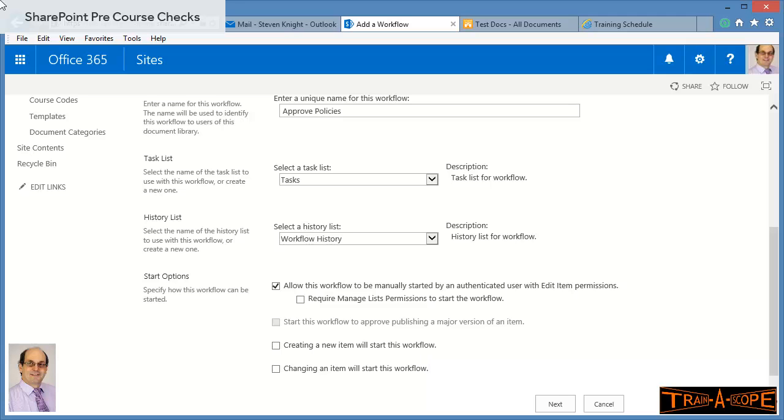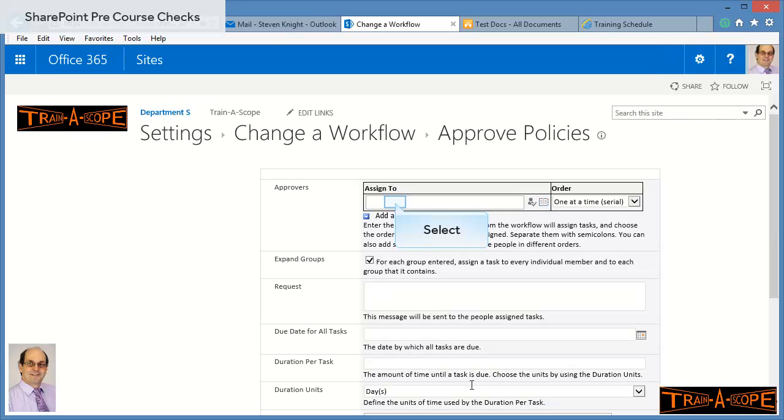I'm not going to get fancy. We do in the course get fancy with some of these settings, but I just want to stick with the defaults just to get this created so we can test it, because that is our objective here. So I've just clicked next,